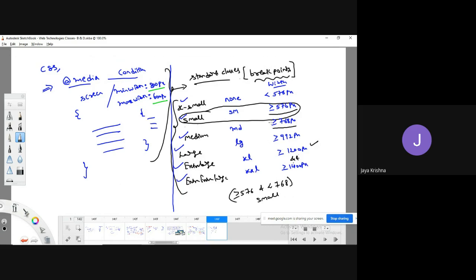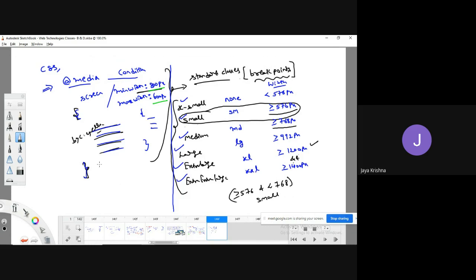So based upon the screen size, the Bootstrap classes will automatically identify the screen size, and for that corresponding screen size, we are going to write some set of rules. Automatically it will adjust to that corresponding set of rules. Yes, as I said in the media queries, if the screen width is minimum 800 pixels, it is going to apply some set of properties, like for example, background color is yellow.